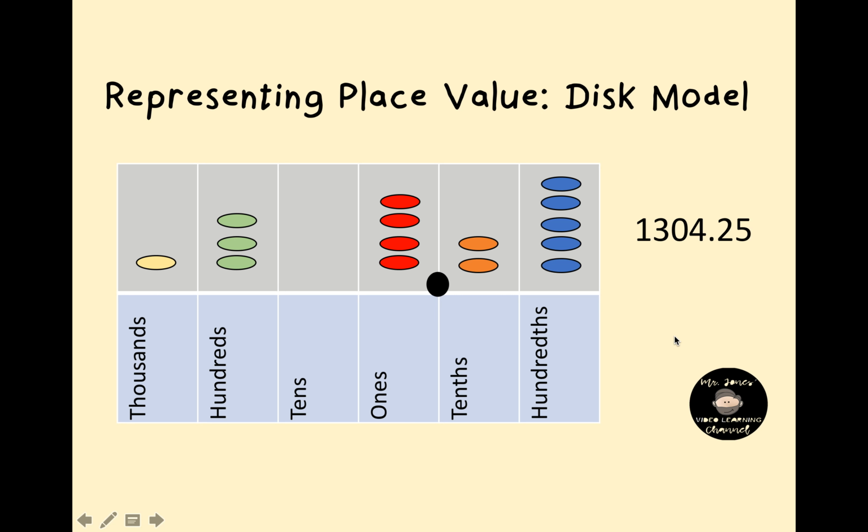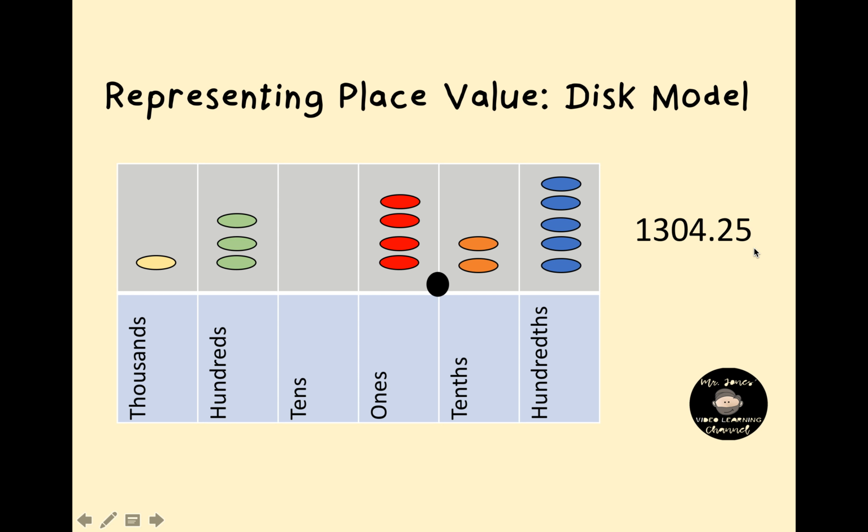Now getting into representing. This is one of the first models we looked at. I lovingly call it the disk model, but you can come up with whatever term you want for it. It's not unlike your regular place value chart, but it uses small colored disks to represent the value of each place. So in this case, our number is